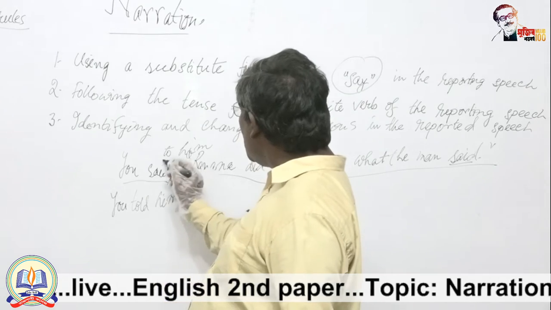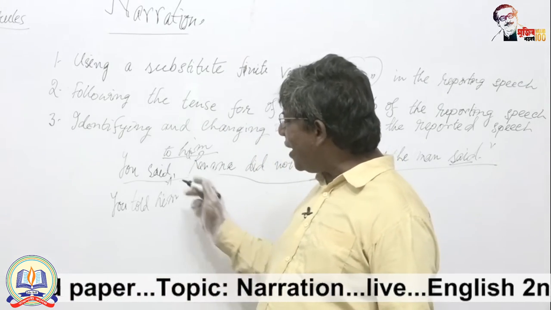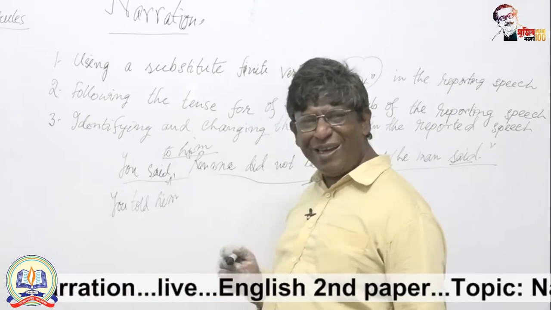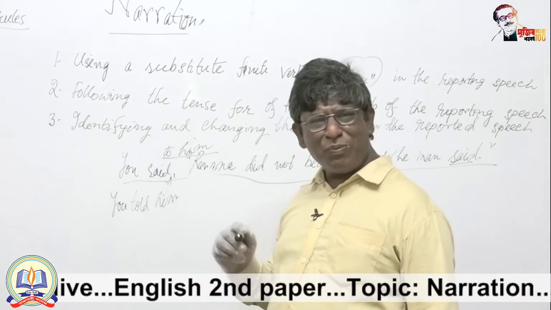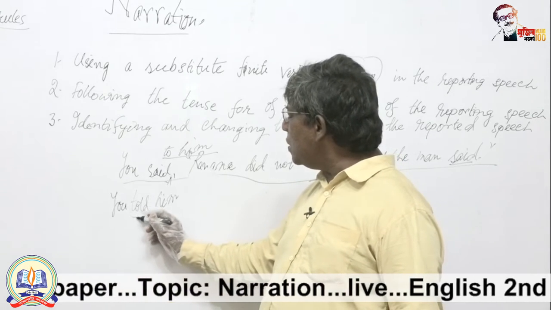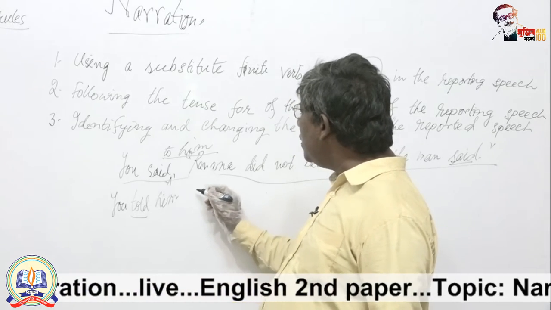If there was no listener identified, you could write say as usual. But since there is a listener or the person spoken to is identified, you will use the verb tell. You told him that